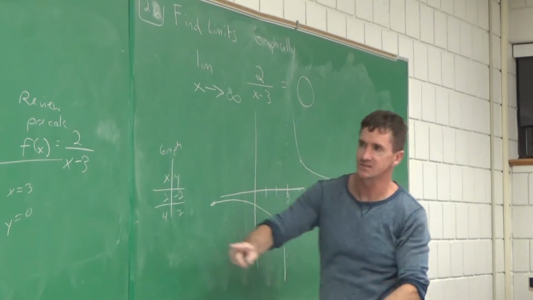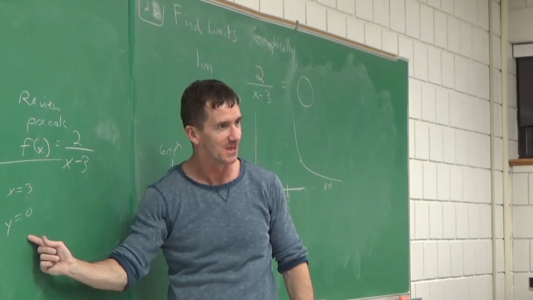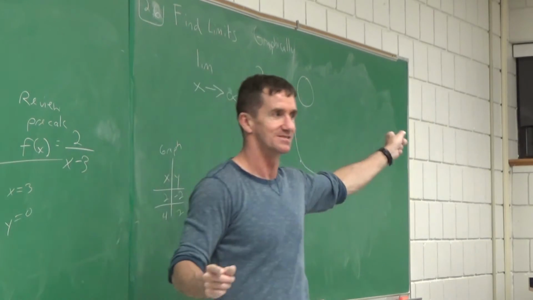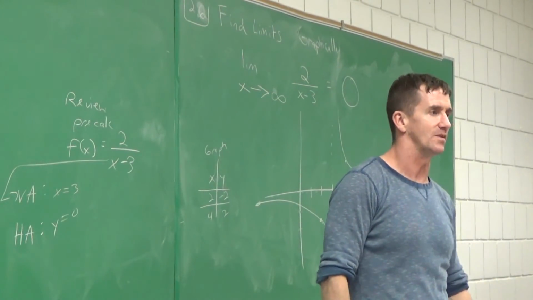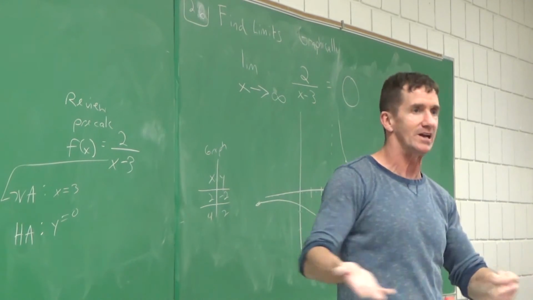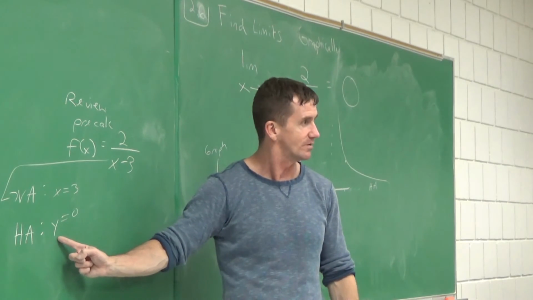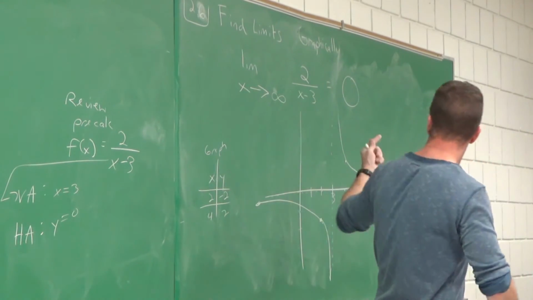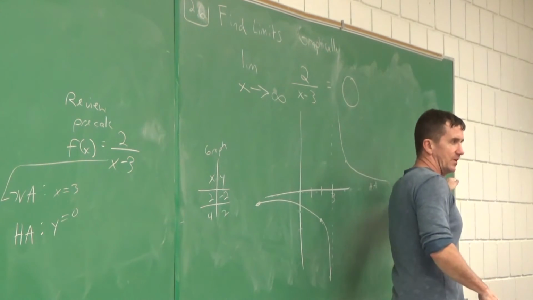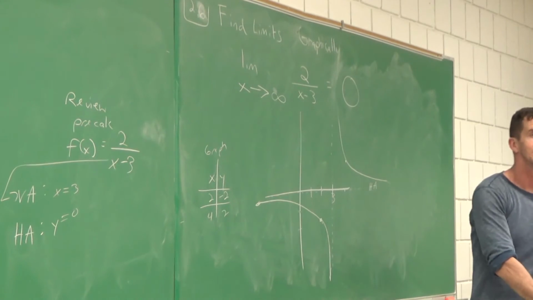With rational functions, it's just the HA. Isn't that cool? When you're dealing with a rational function like this, and it's got a horizontal asymptote, well then your limit as x approaches infinity is the HA. I'm abbreviating HA as the horizontal what? Asymptote. Whatever that is, that's where it's going. That's why I thought you might as well see that. If you're heading towards x equals infinity, you're heading towards the horizontal asymptote. That should be your answer. You bet it is.